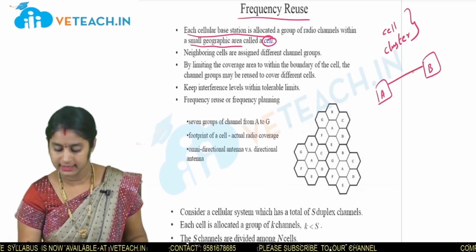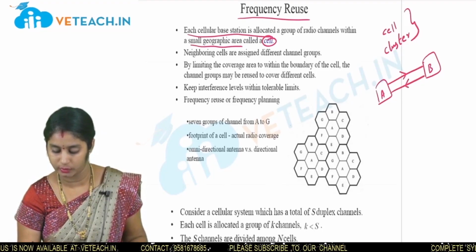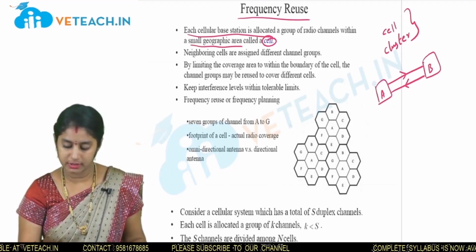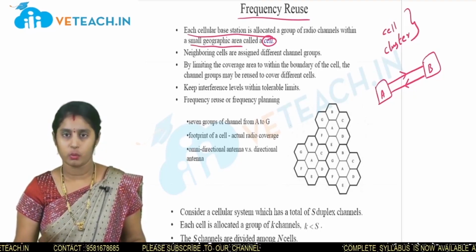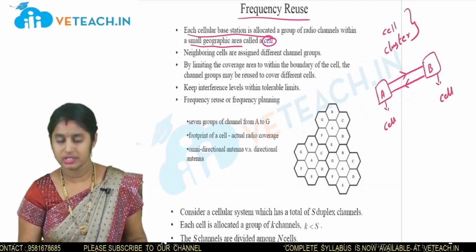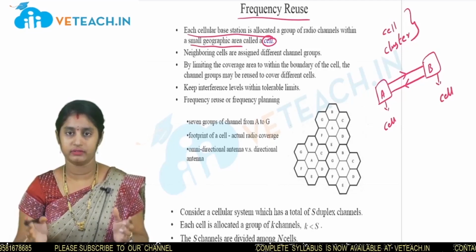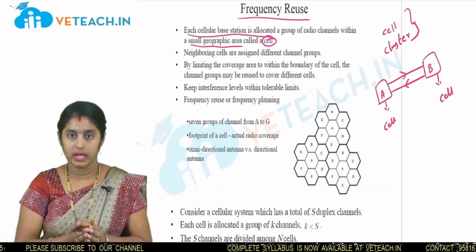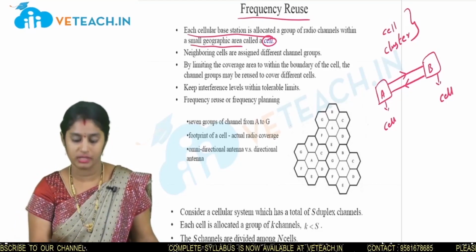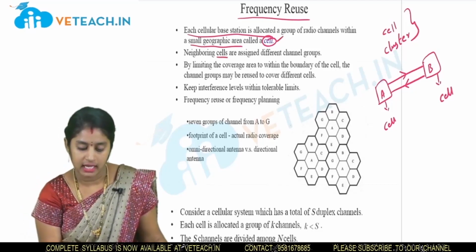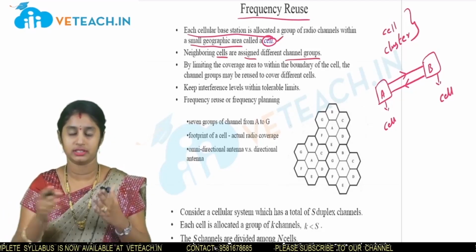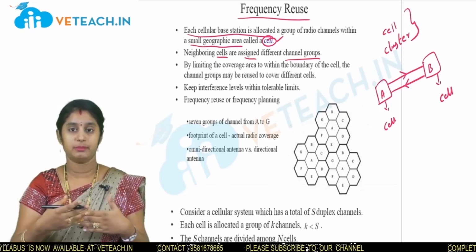So we need to establish a communication by using one transmission line and one receiving line along with some data lines. In order to establish this communication, we need to check which cell A is in and which cell B is in. A cell is a limited geographical area where the radio waves can be transmitted. This type of structure is known as a cell, and neighboring cells are assigned different channel groups. So each cell may be in different types of groups. That cell may be in a neighboring group, or in an adjacent group.